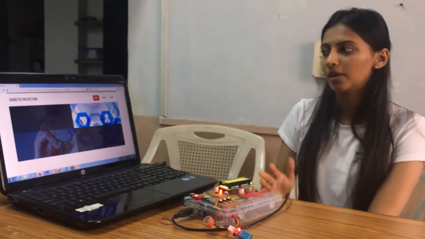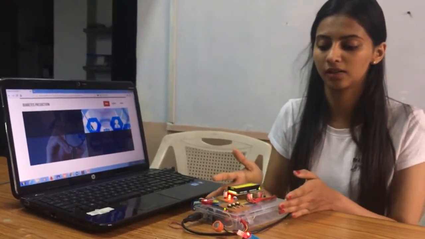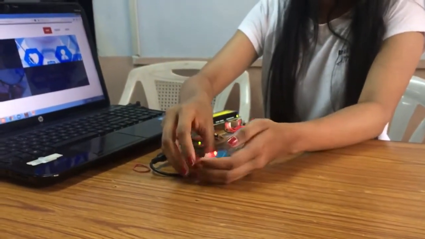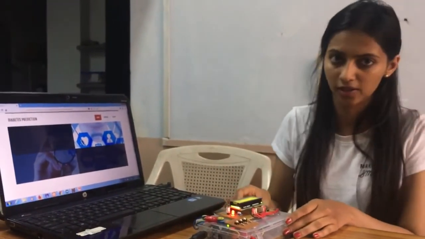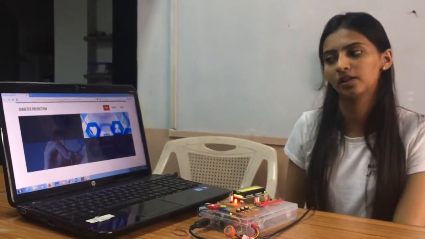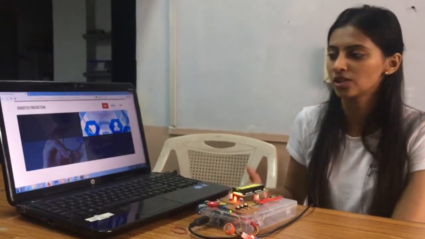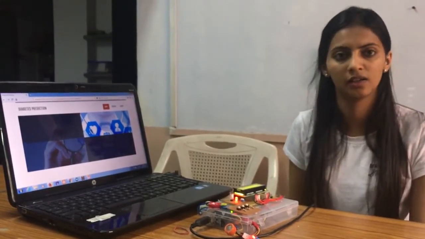For now, this is the functionality which we have done, and luckily we have designed this and it is also working. As a future development, we can design it more beautifully, and we can put a mouthpiece on this. Also, if you want this to be mobile, you can put in a battery. This can be done in the hardware part. And to increase the accuracy level, it will be really good if you get hold of a larger data set and just load it. SVM will automatically read the data and get trained.